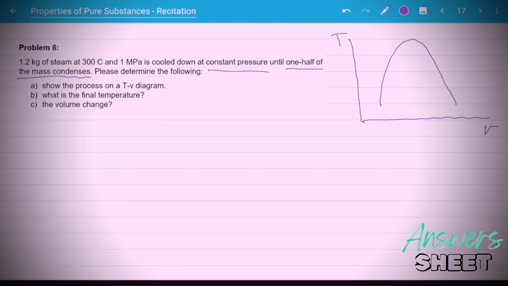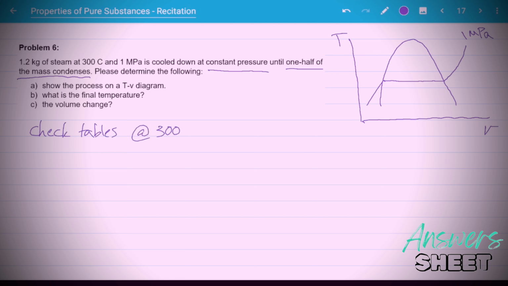We know that initially the temperature is 300 degrees Celsius and the pressure is 1 megapascal. So first of all, let's find the 1 megapascal pressure line. So this is, let's say, the 1 megapascal pressure line. And the temperature is 300. We need to first figure out where on this line we are. Okay, so in order to do that, it's actually rather easy. We're going to check the tables